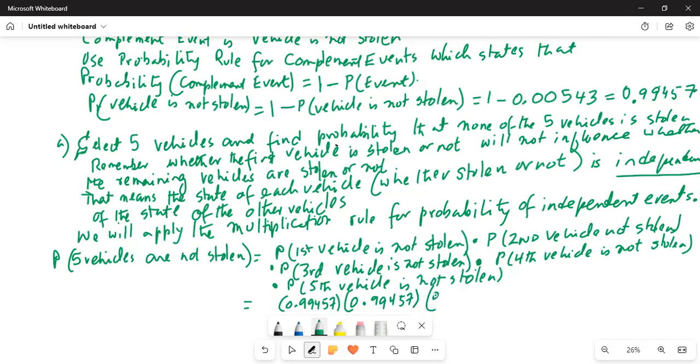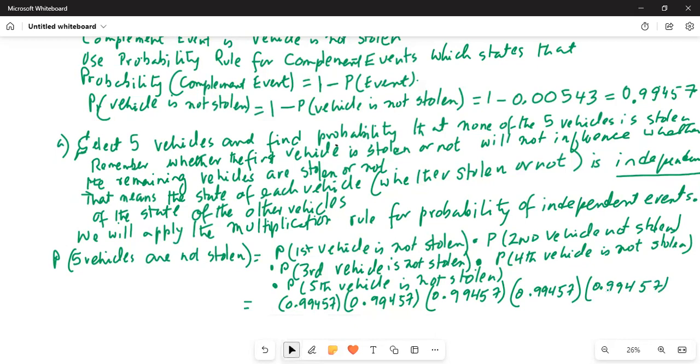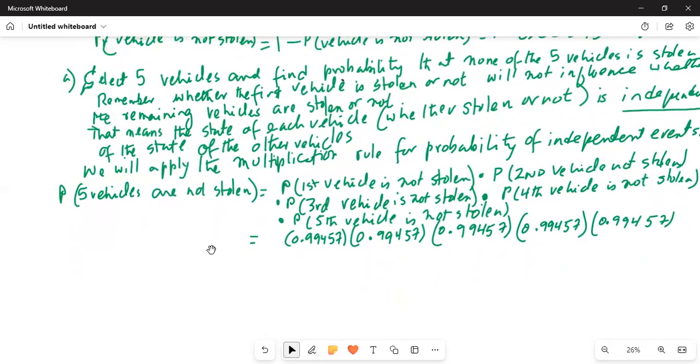The probability the third vehicle is not stolen is 0.99457, the fourth is 0.99457, and the fifth is also 0.99457. So this is equal to 0.99457